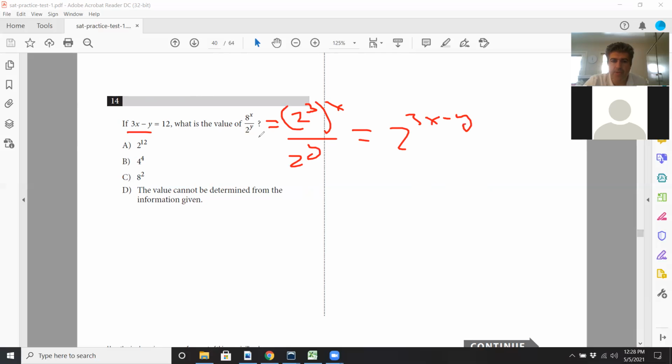And 3x minus y is 12. So that's yet another way you could have approached it. But you'd have to realize that you're testing a property of exponents. And this is why SAT prep takes at least a couple months